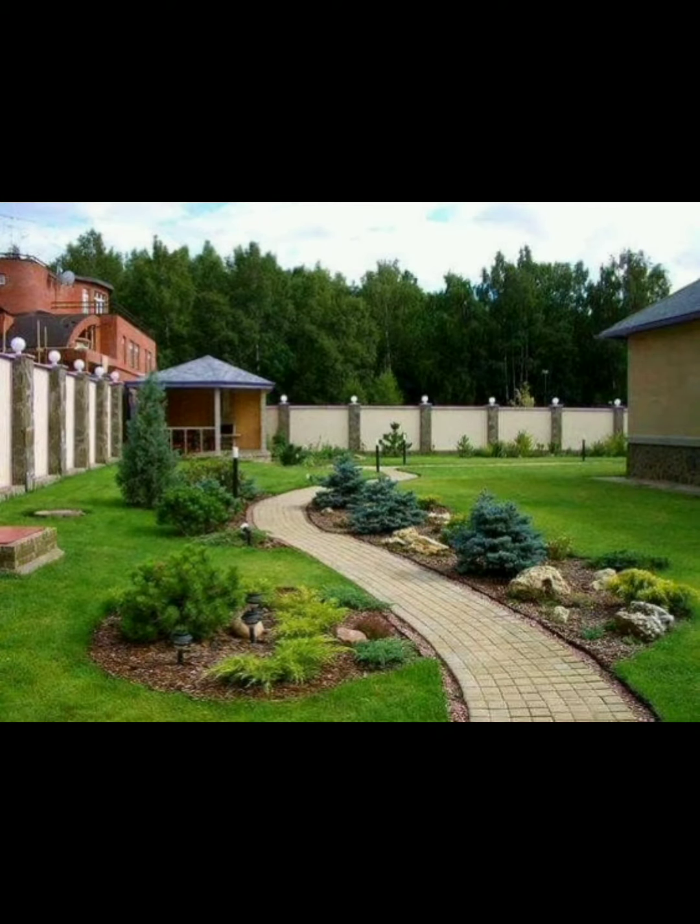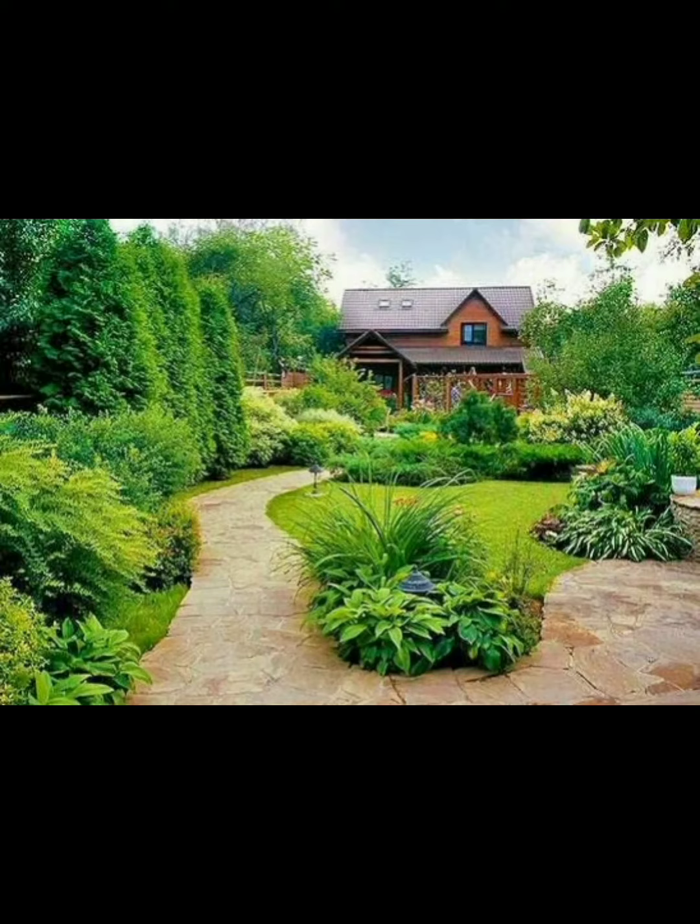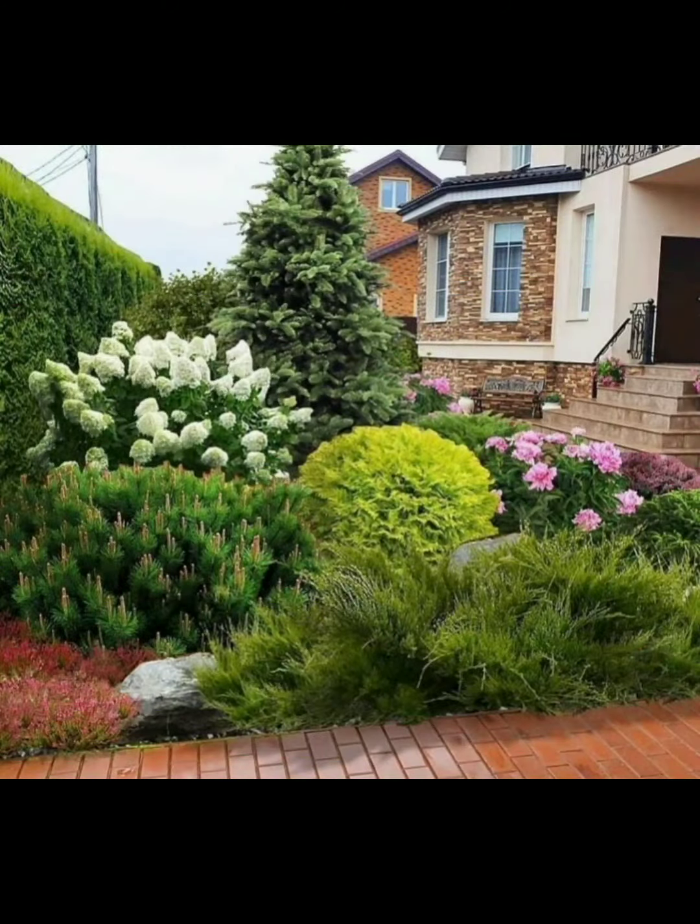Designing a beautiful garden involves careful planning, creativity, and harmonious